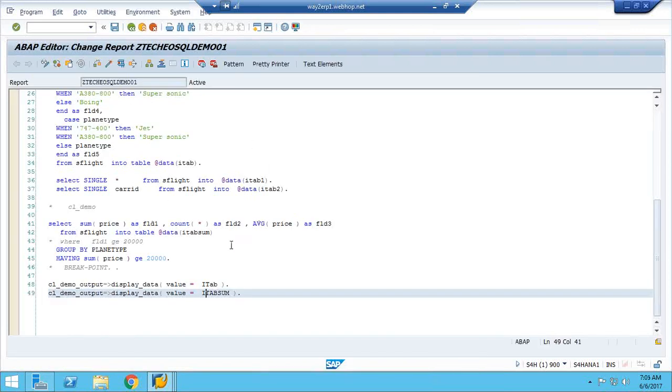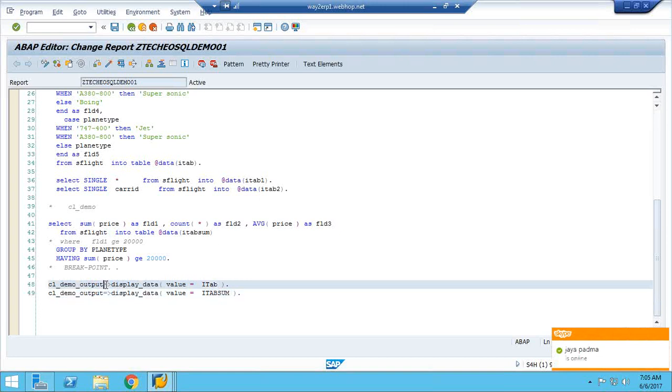CL_DEMO_OUTPUT has static methods. If it is a static method, you can directly access it with the class itself. We will discuss static in the next sessions, the object-oriented sessions. For the time being, consider this a static class.